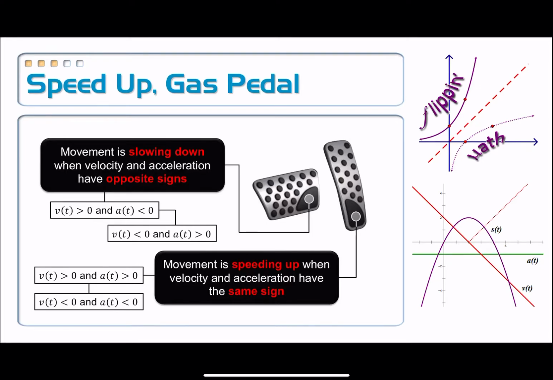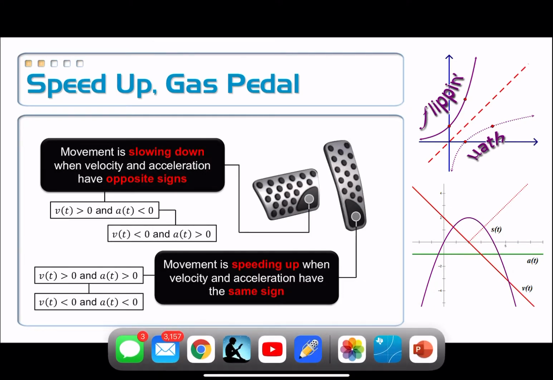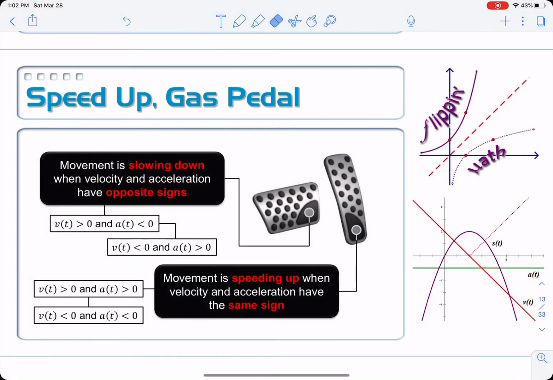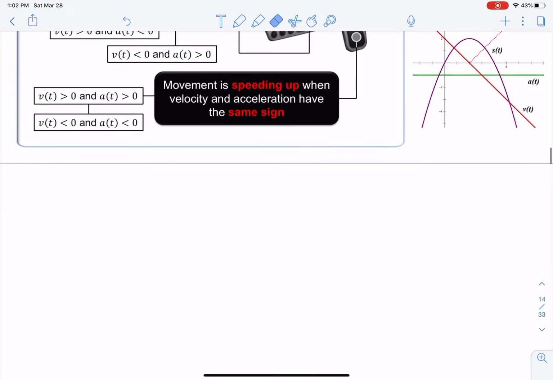Right, for those of you who are interested, I would like to take the opportunity to explain in a little bit more detail this whole process about the particles speeding up versus slowing down, taking the absolute value of the velocity function to get the speed function. And why can I just look at the signs of the velocity and the acceleration? Why does that tell me whether or not our speed function is speeding up or slowing down? So it has to do with a small little trick involved in taking the derivative of an absolute